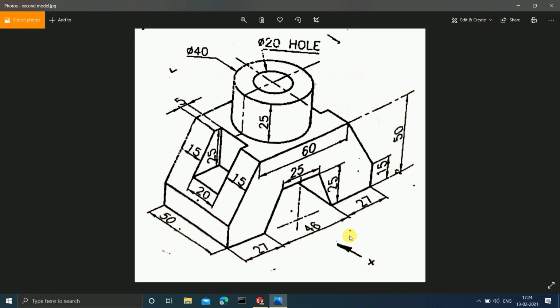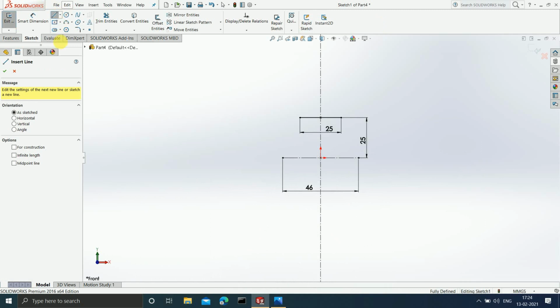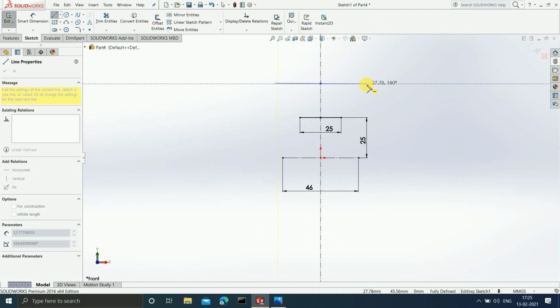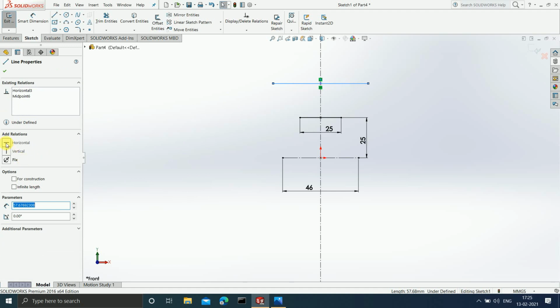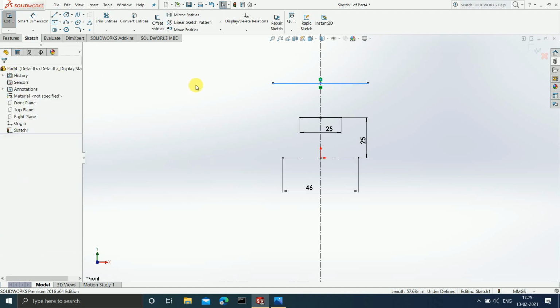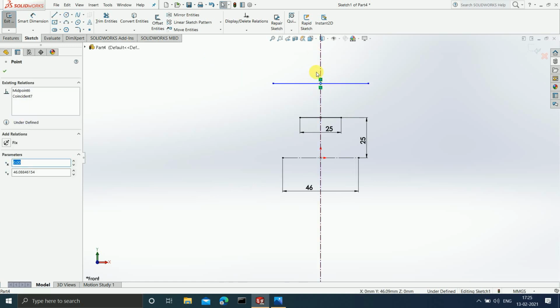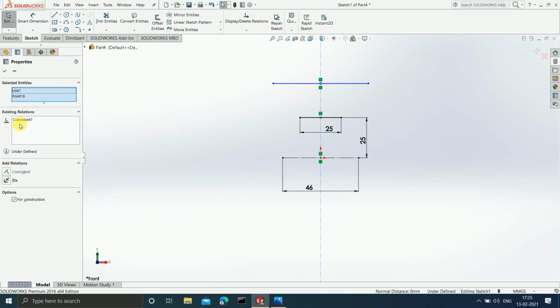Now after this, what you are going to draw is this 60 mm line that you can see. Can you see the 60 mm line? So let's draw that. For that again I am going to make use of the midpoint line. Okay, and after this I am going to draw a 60 mm line. Okay, escape. Make sure that this line is horizontal, therefore you have to add a relation horizontal. Done. What happens is that when you draw a midpoint line, sometimes the line that you draw is not horizontal, so it is better that we add a relation to be on the safer side. Now again make sure that this point which is present must coincide with this line, therefore add a relation coincident. See, it is existing.